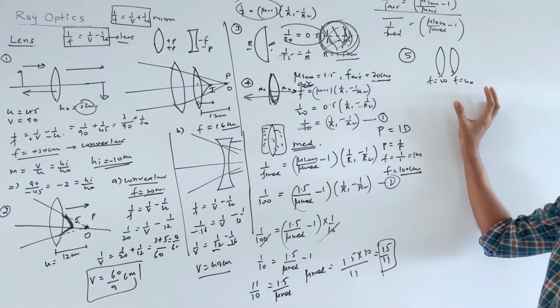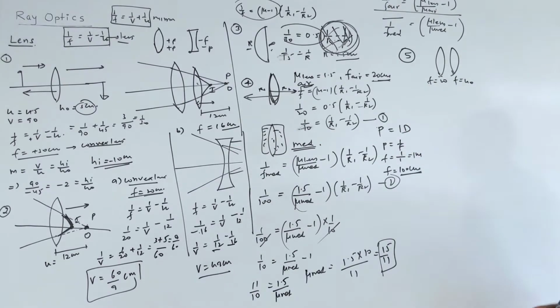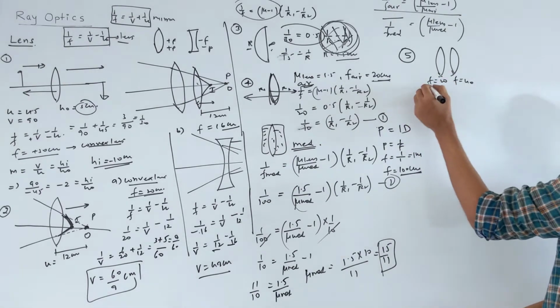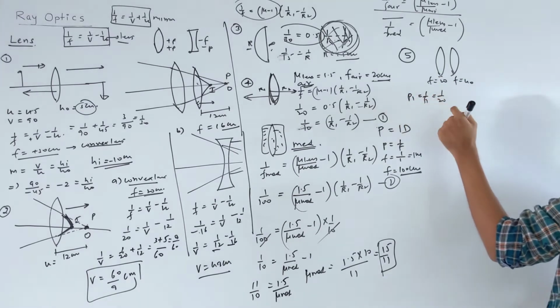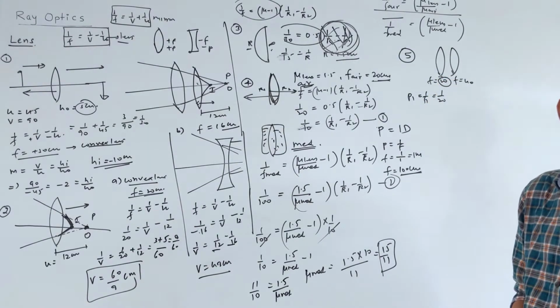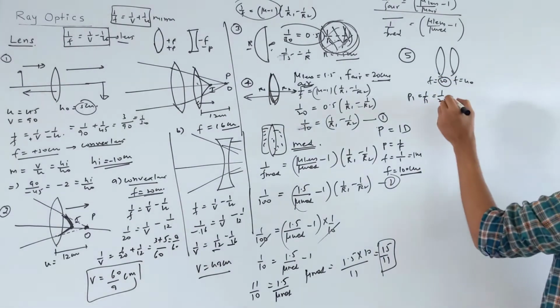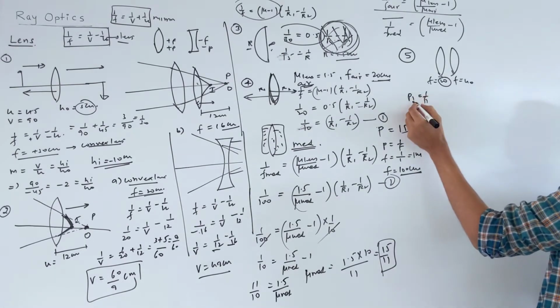First you can find the net focal length, whose opposite is the net power, or you can find the individual powers also. Like, what is the power of this lens? P is 1 by F1, so 1 by 20. Look here, 20 is in centimeters, right? So always you have to put it in meters here. 20 centimeter you can write as 1 by 100. Look here, when you put power.